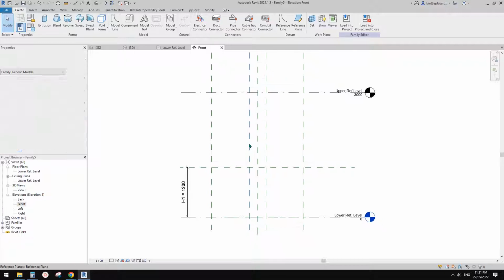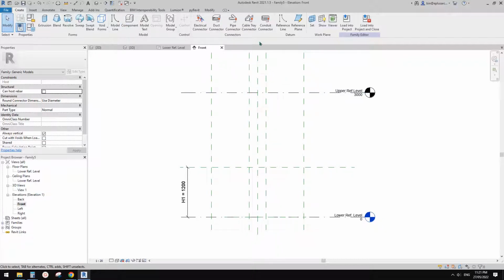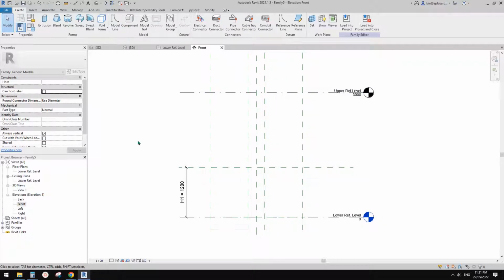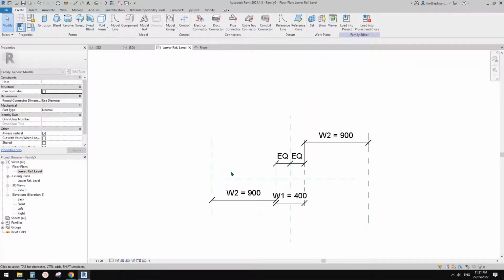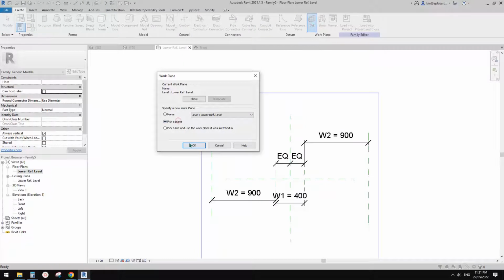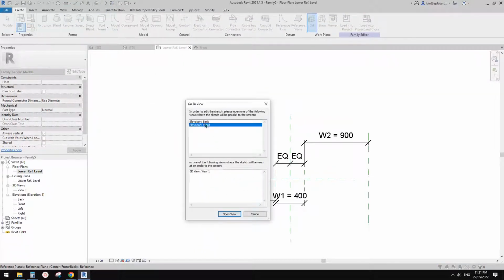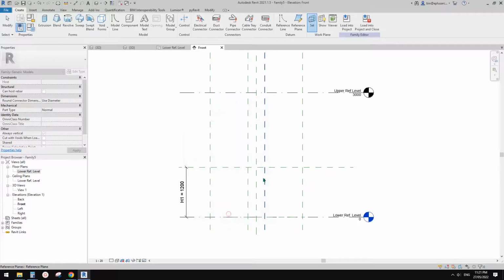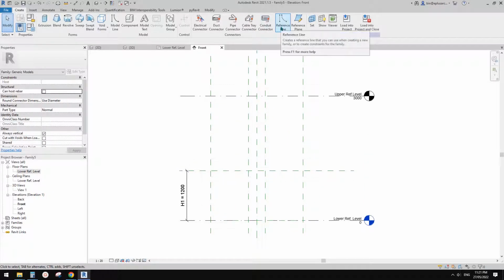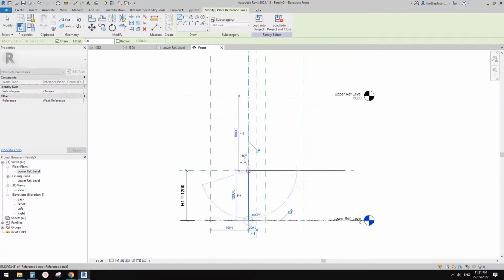Actually, I'm going to create some reference line. Okay, so reference line, but before that, we need to pick the reference plane first. So set work plane, pick a plane, pick this reference plane. So go back to either front or back, and sorry about that, reference line, starting from here, here, here, and